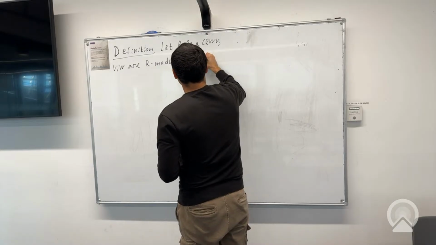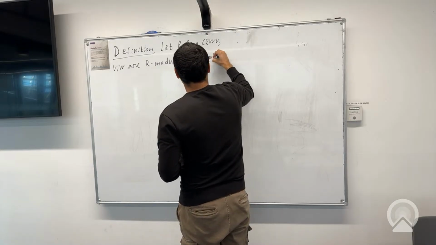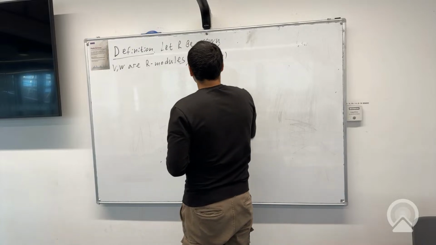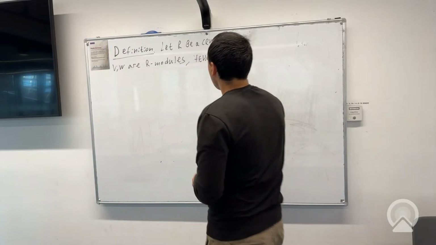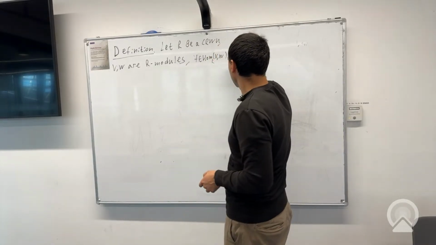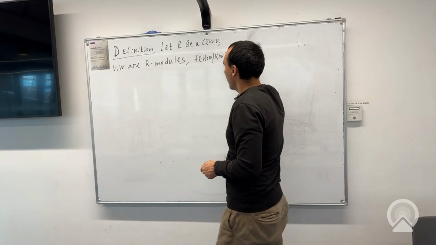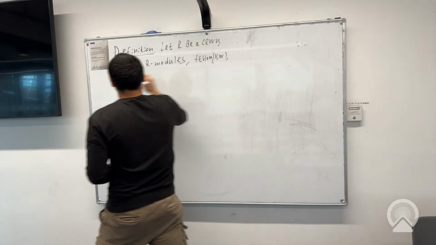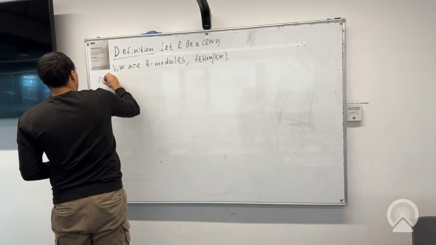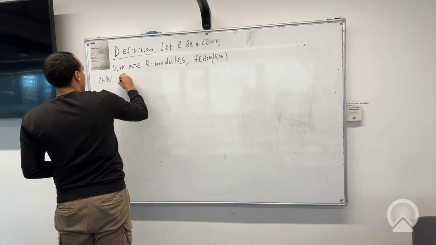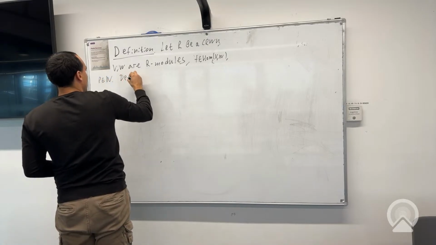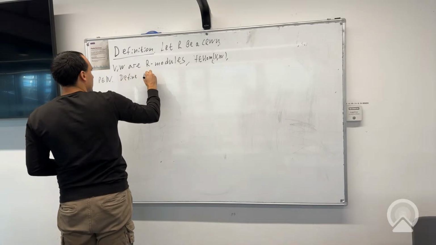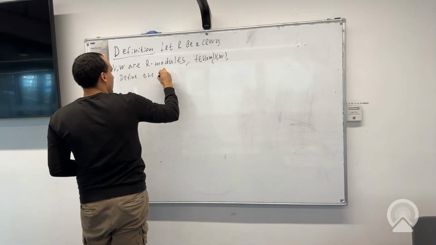F is a linear map, so F is in the linear maps from V to W. And p is an integer. Now define the linear map